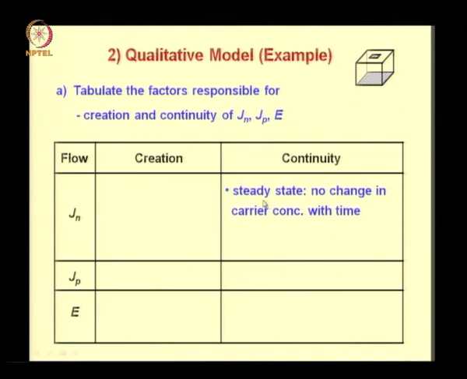Now the first important thing that we know about our device model and bias conditions is that there is steady state, implying that no change in carrier concentration with time. This information enters into the continuity cell of the electron current density. It would also enter into the continuity cell of the hole current density, but as we have remarked earlier, we neglect the contribution of holes to the device phenomena in spreading resistance. Ours is an n-type semiconductor.